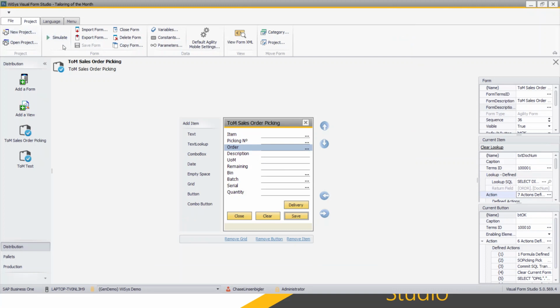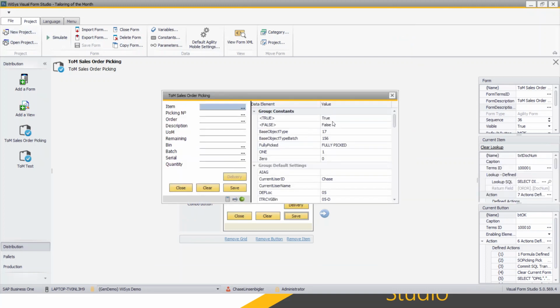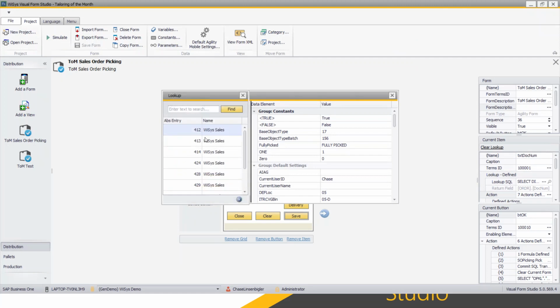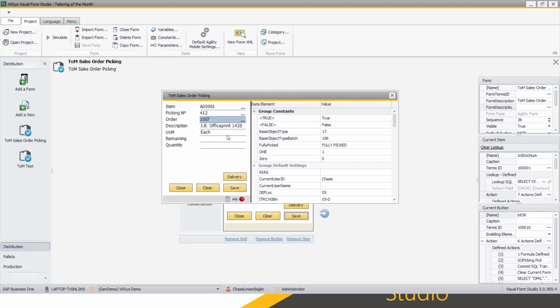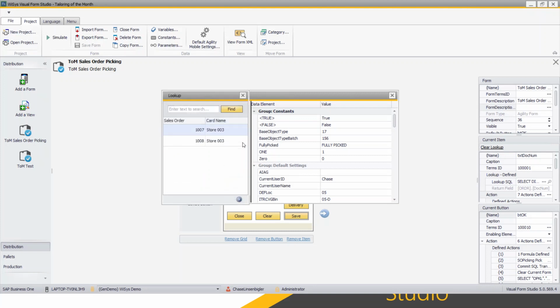So if we go ahead, save this, and we run through order now, we'll test it the same way we tested item and pick list. So we'll go back to our original item, and we'll just go ahead to pick list here. This has two orders, so we know if we select one of these, it should work. Does work. So now if we go back up here,